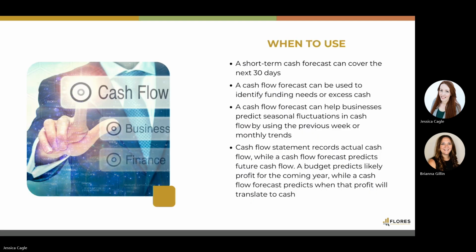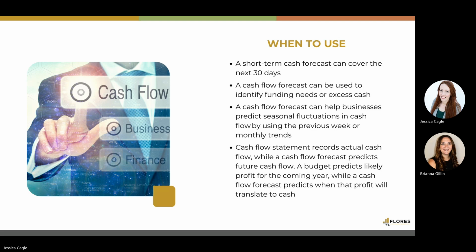Next, we'll look at examples of when to use cash forecasting. There are two main approaches that can be used: direct forecasting, based on actual expected cash transactions, which is usually best for short-term planning, and indirect forecasting, based on projected income statements and balance sheets, that is useful for long-term strategy. A short-term cash forecast can cover the next 30 days and be used to identify funding needs or excess